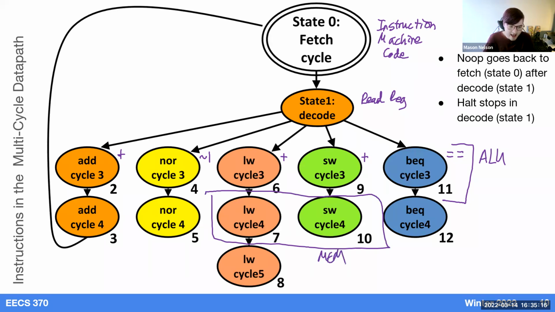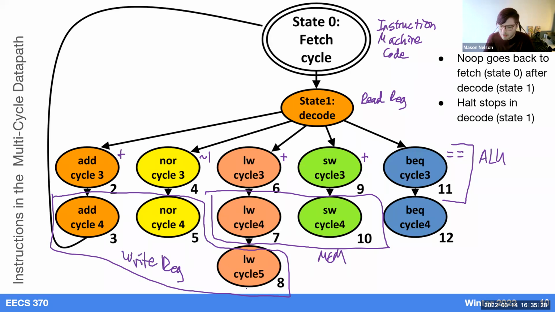And then for add, NOR, and LW, those final cycles, we were writing back to the register file. So we were writing the register file, and then BEQ didn't do anything that was particularly strenuous in terms of propagation delay. But in the last cycle of BEQ, we were updating the PC, right? And so as you can see, I've kind of partitioned all of these cycles out into these very helpful